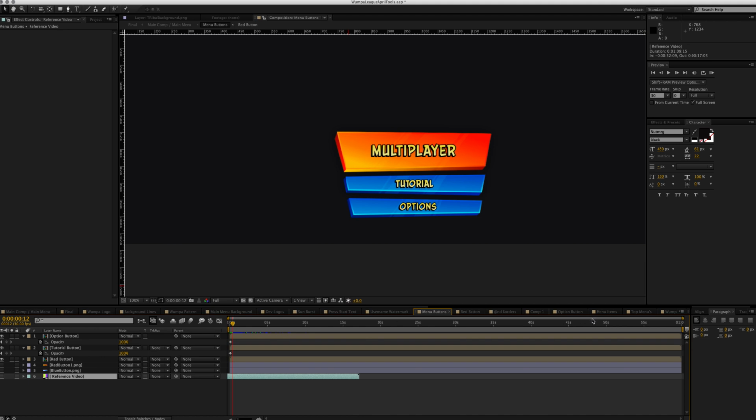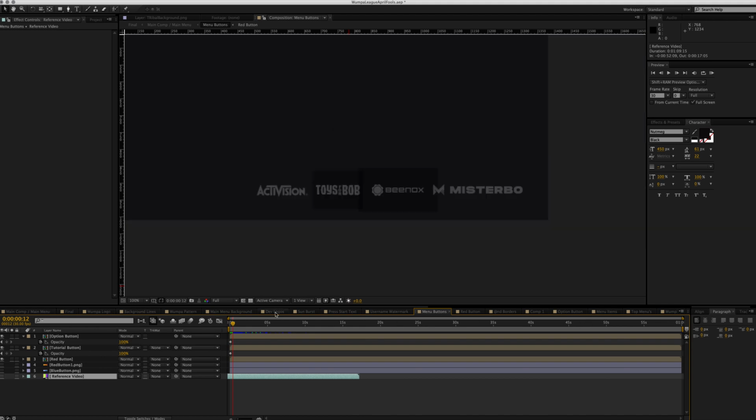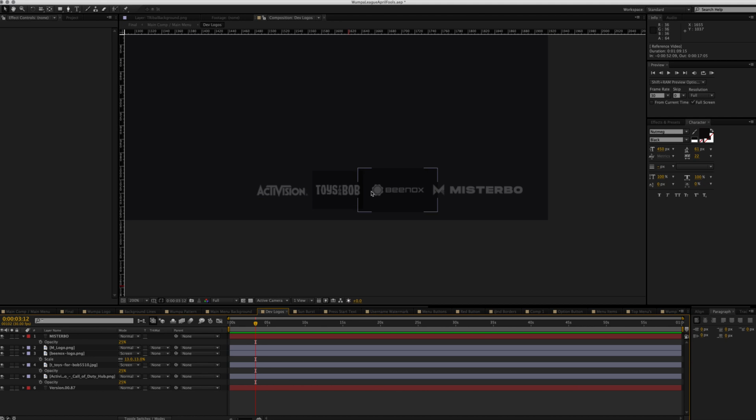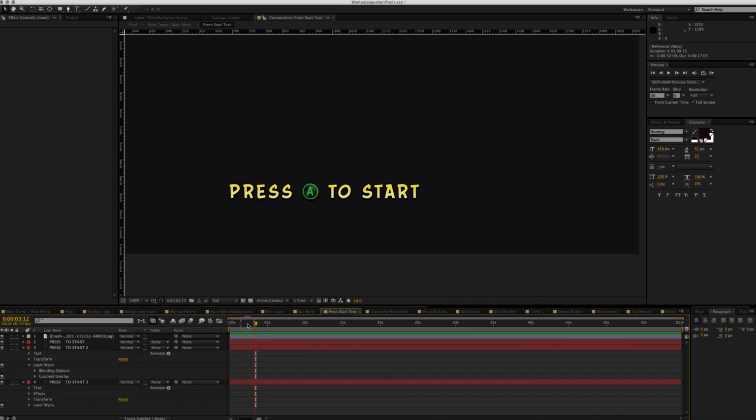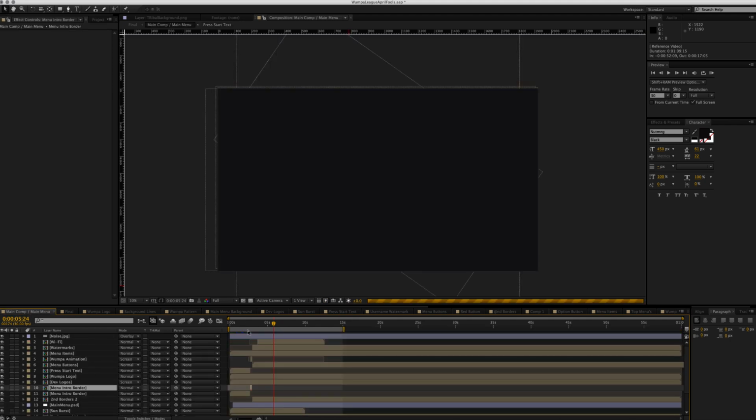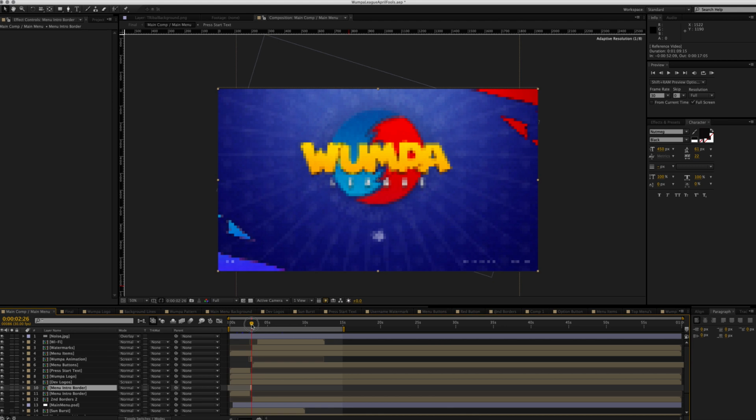So the only other elements are the elements at the top and the bottom of the screen. So we had the developer logos, Activision, Toys for Bob, Beenox, and my logo. And then we also had the press start at the beginning, which is basically just text, nothing animating here. We had the Wumpa fruit at the beginning here actually. It appears for a split second, which has this sort of being bitten away kind of animation to it,